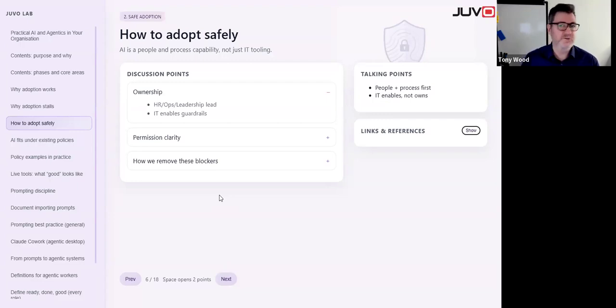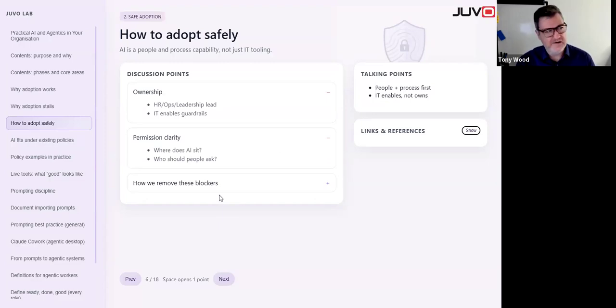And IT workers do an incredible job. Love them. I've been in sysadmin for what, 40 years in various roles. So, we keep the world running. But HR, ops, and leadership, they manage. And so what you're starting to see now is that the people who understand how to manage AI, rather than just use it as a tool, are going to get the most benefit. IT also has this incredible role of enabling the guardrails. What can you send out? What can't you send out? What are the things that we should be doing? How do they protect us from ourselves? That is the role of IT.